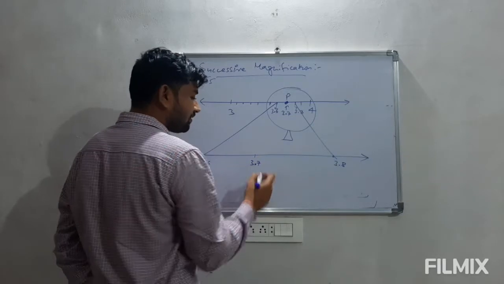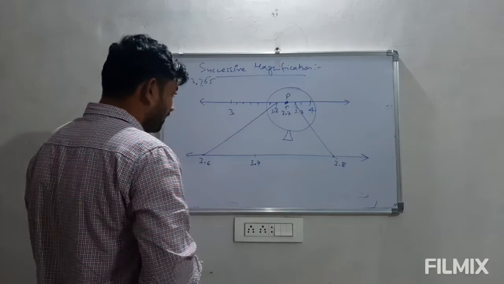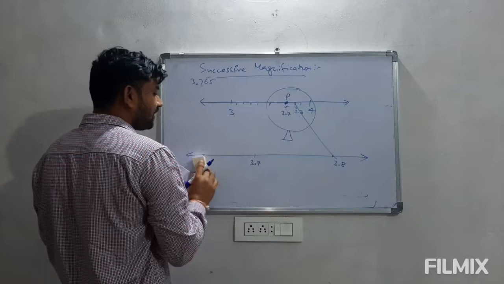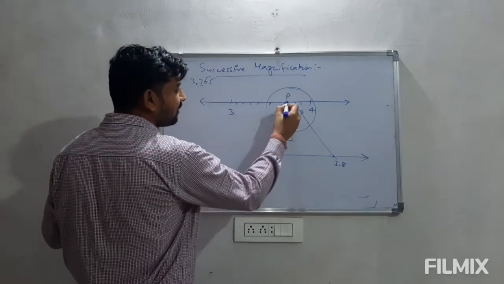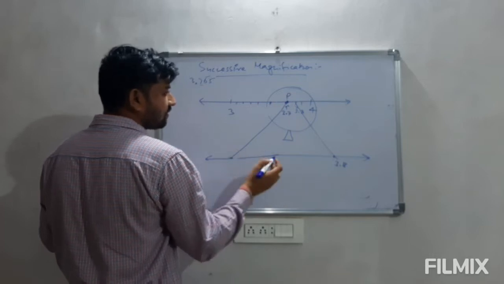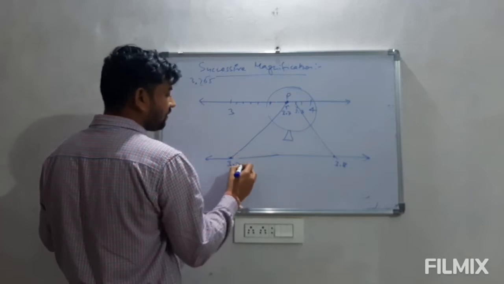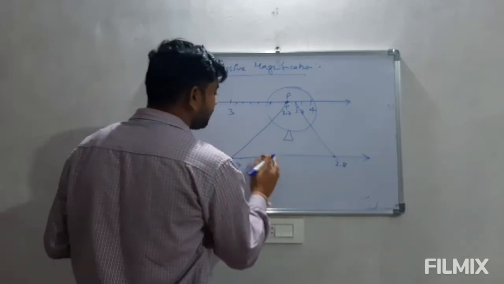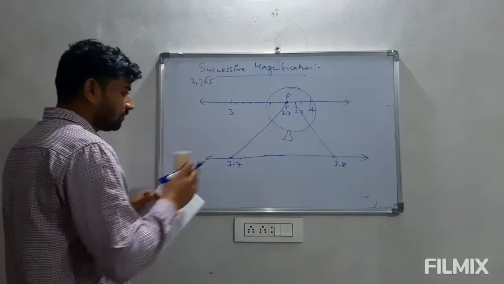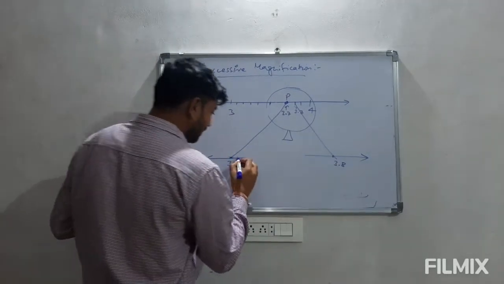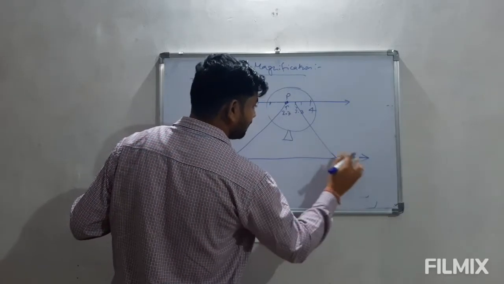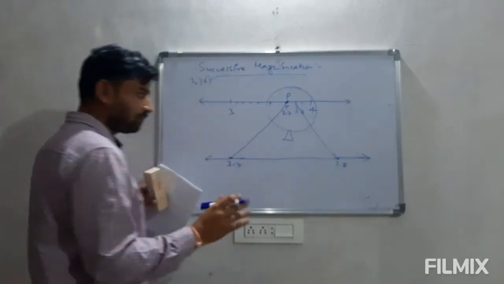This is 3.7. Now we can also do it this way: if we don't take 3.6, we can directly come to 3.7. Like if we take 3.7 and 3.8, it will be easier for us because it will lie between 3.7 and 3.8. So here we are magnifying the interval 3.7 to 3.8. So this is how we represent this number line.